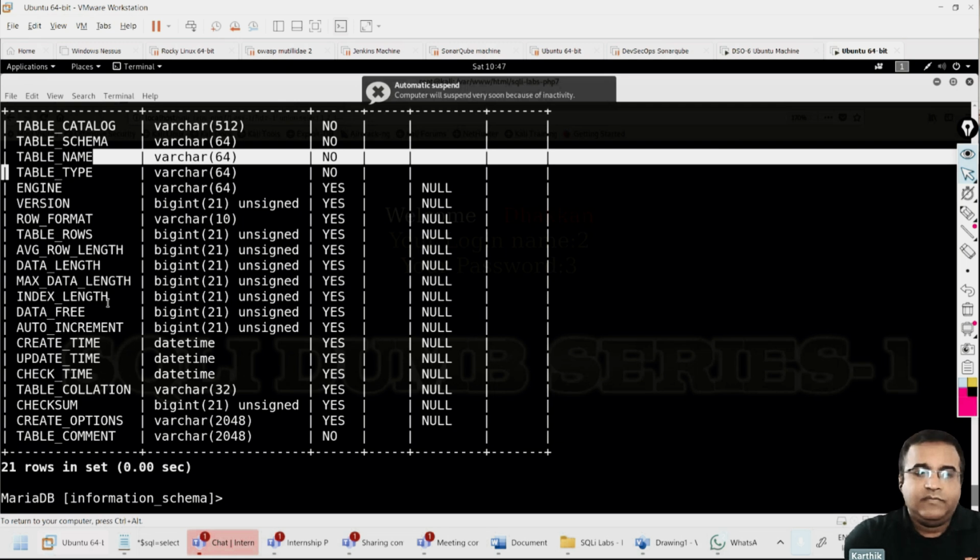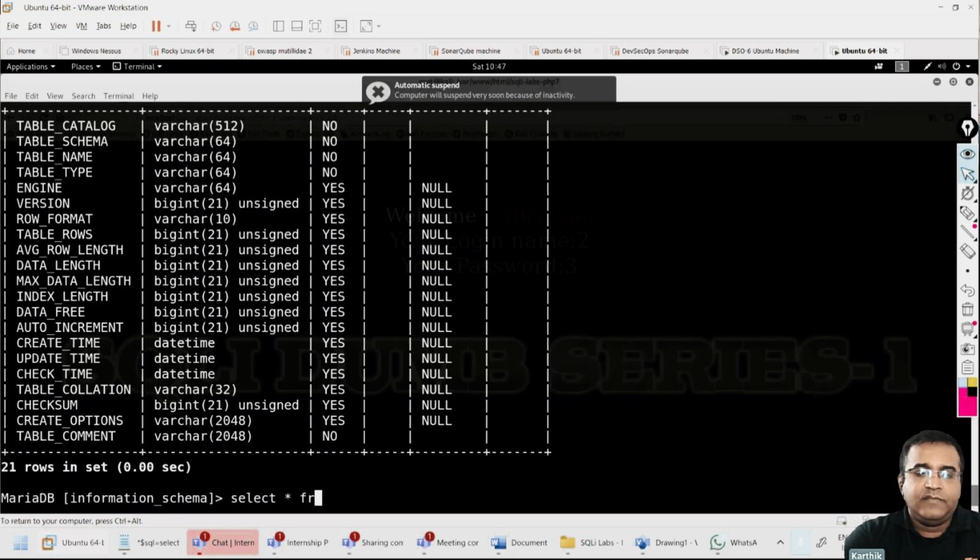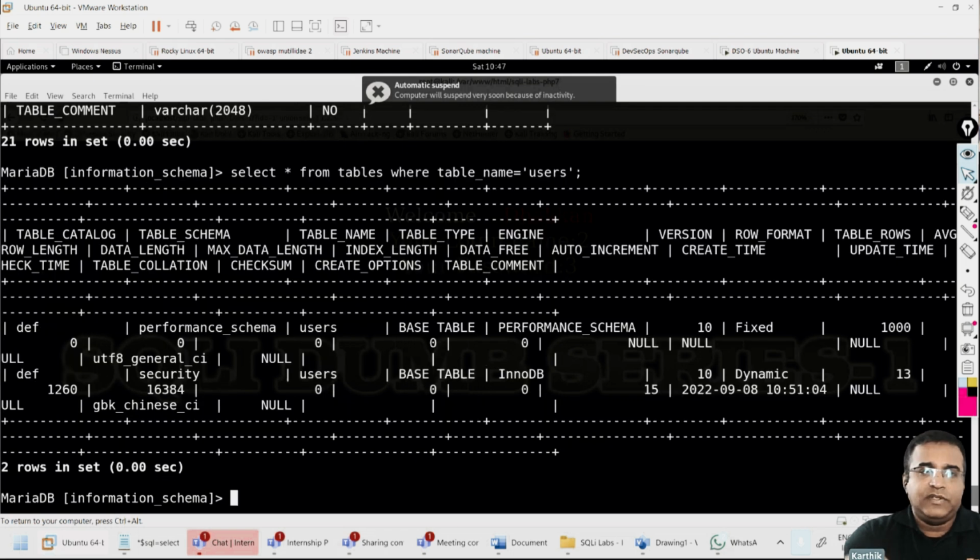Let's say if I give select star from tables where table underscore name equals users, right? That is our required table. But here it will get two values, because the MySQL database also has one table called users. So there will be two values out here.